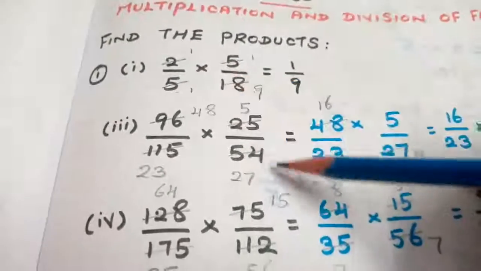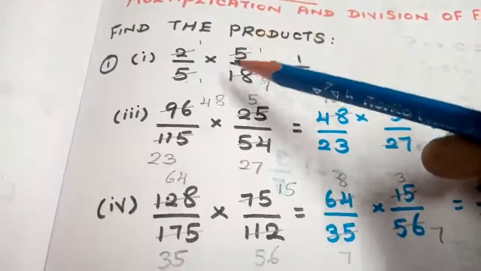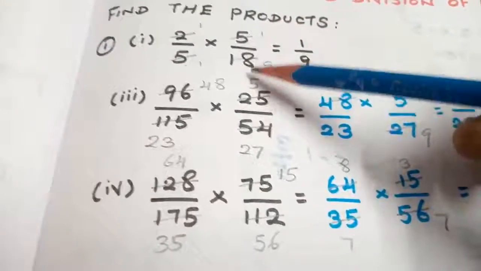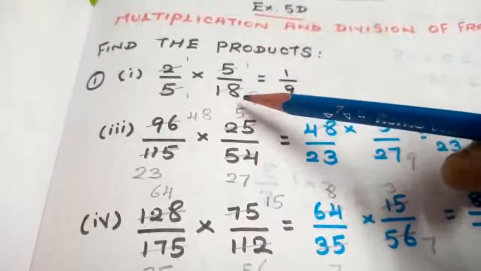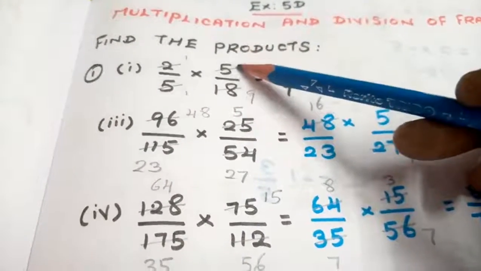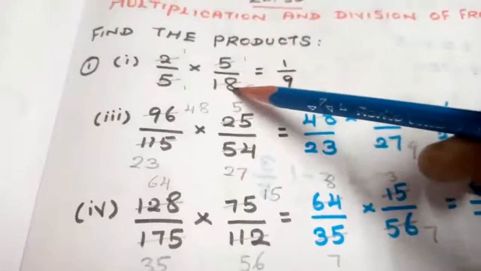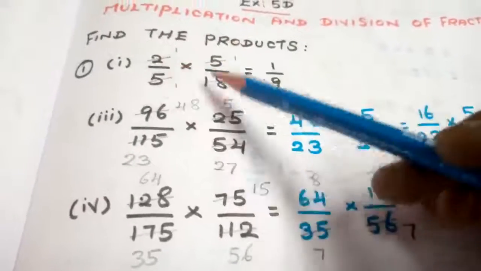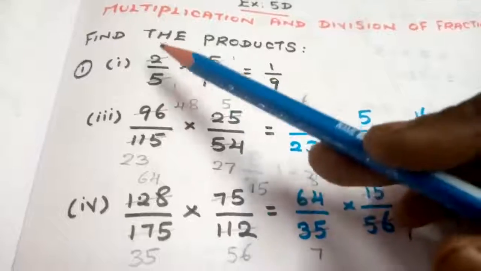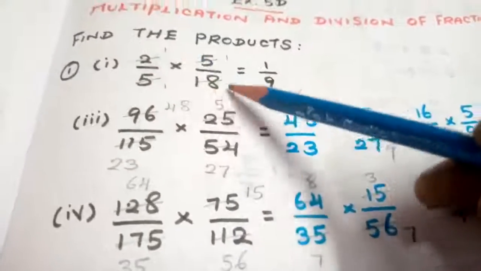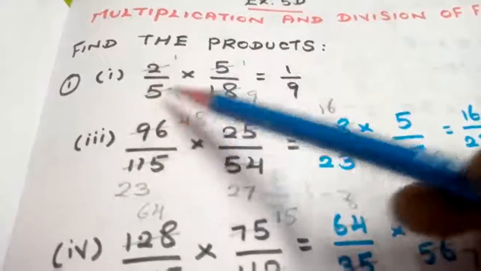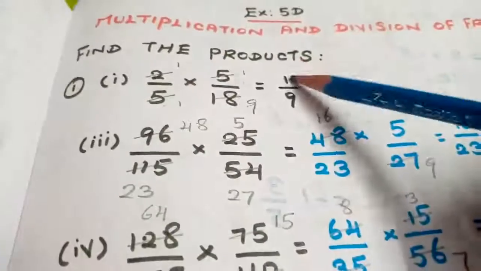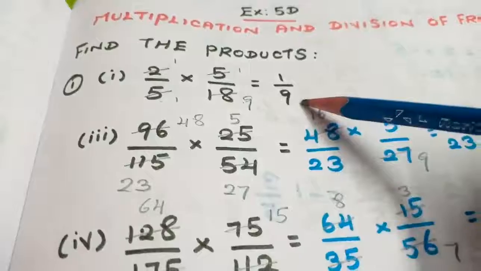The format of cancelling is, you are going to cancel one value at the top and another value at the bottom. You can cancel in any way, but the procedure is, if you are going to cancel one value in the top, another value should be at the bottom. Suppose if I am going to cancel top bottom, that can be even in the cross position. So 2 1s are 2, 2 9s are 18, 5 1s are 5, 5 1s are 5. After cancelling, you are going to multiply: 1 into 1, 1, 1 into 9, 9.